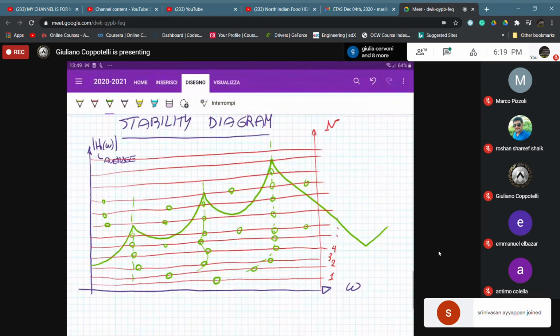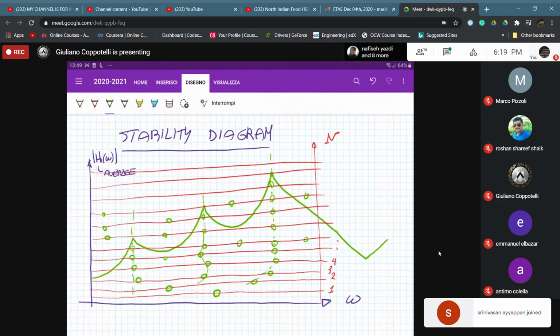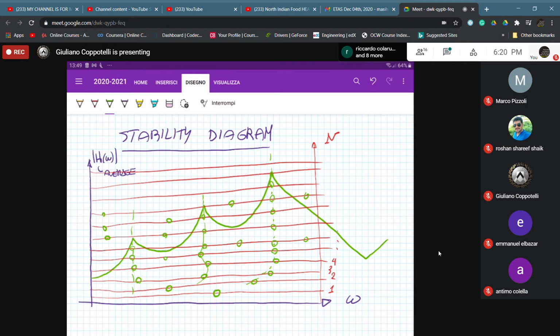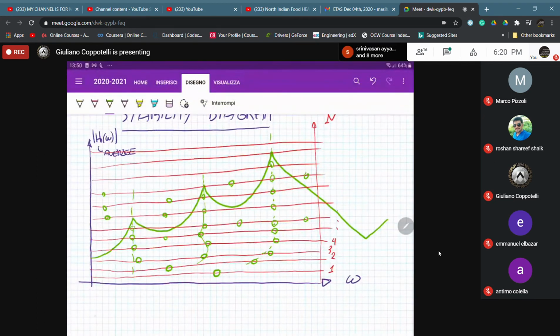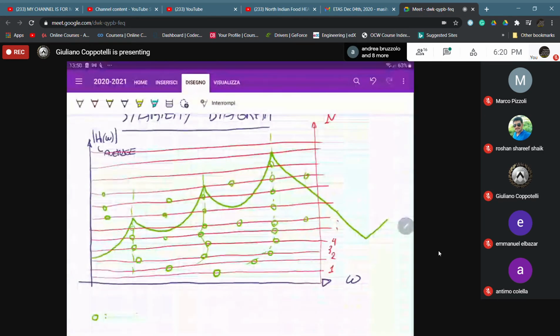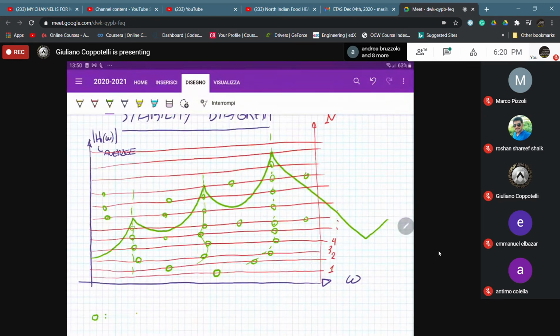Here, in order to improve the capability to distinguish between good poles with respect to the bad ones, what we are saying is that if we are using this circle here, we are telling you that you have just identified a pole, okay? Let me write it a different way. Pole is identified.